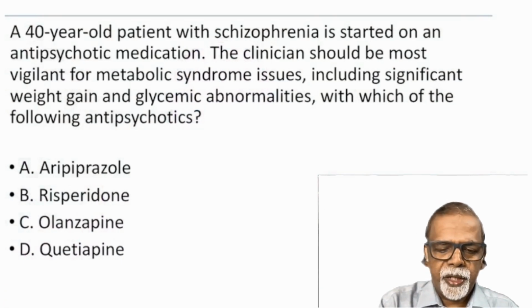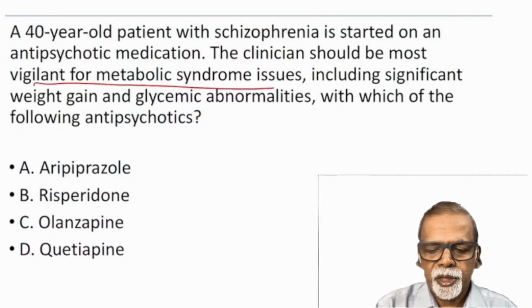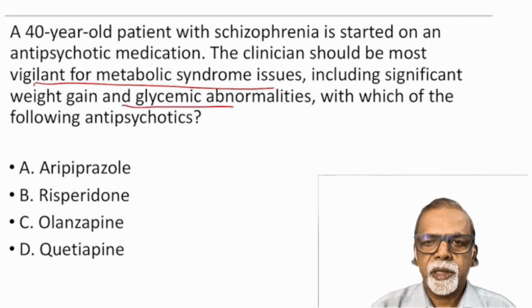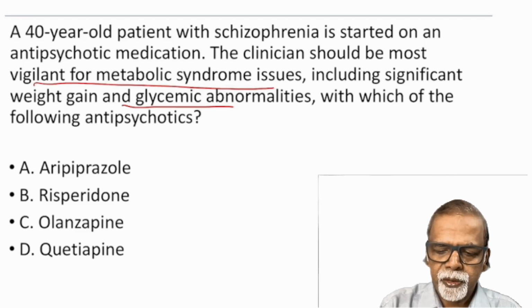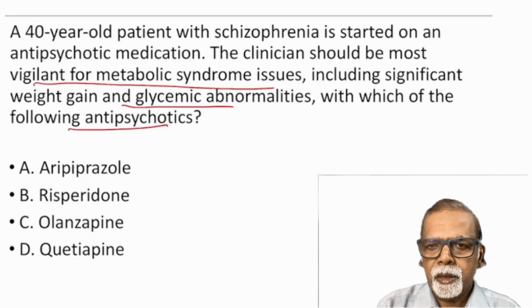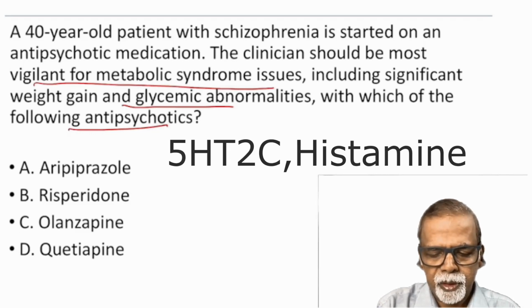A 40-year-old patient is started on antipsychotic medication, and the clinician should be vigilant about metabolic issues, including significant weight gain and glycemic abnormalities. So, when somebody has features of metabolic syndrome, which of the following antipsychotics should you use carefully? That's the question. The metabolic effects are mainly due to 5-hydroxytryptamine, especially 5-HT2C, actions on the histamine, lack